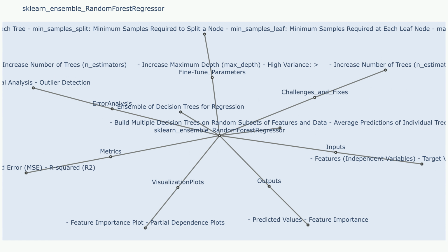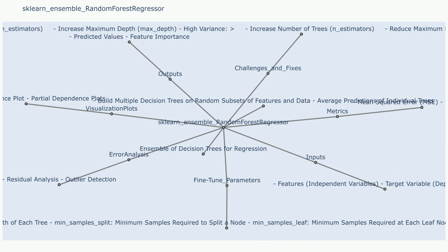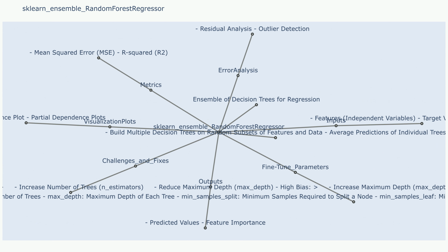Challenge 2: Overfitting if the model is too complex. Deep trees, high number of trees. It can overfit the training data and perform poorly on unseen data. Sample use case that resulted in Challenge 2. A model with a large number of trees and high depth might perfectly predict the training data but fail to generalize to new examples. Fixes to Challenge 2. Limit the maximum depth of the trees (max depth). Increase the minimum samples required for splitting a node (min samples split). Adjust the number of features considered at each split (max features).